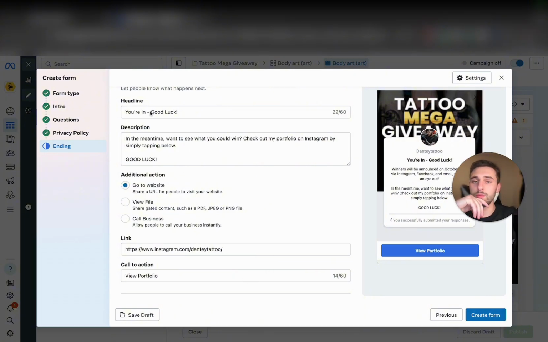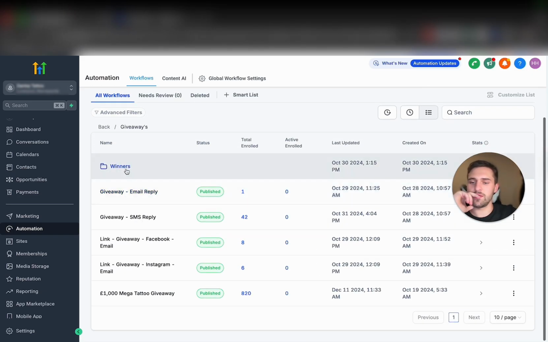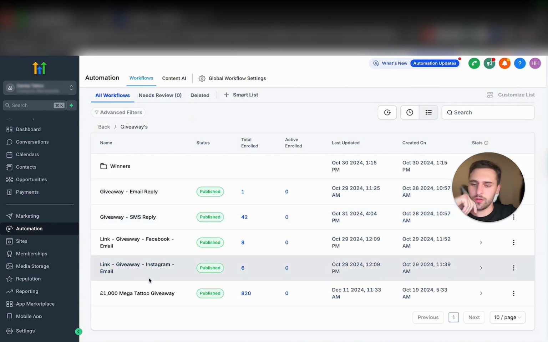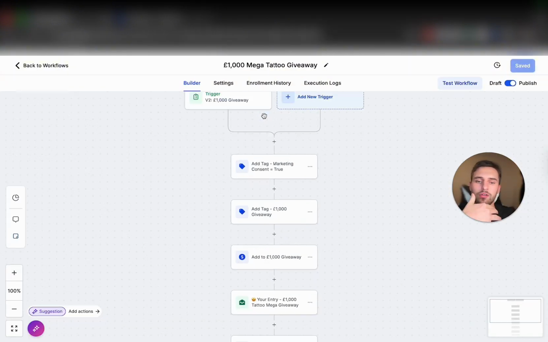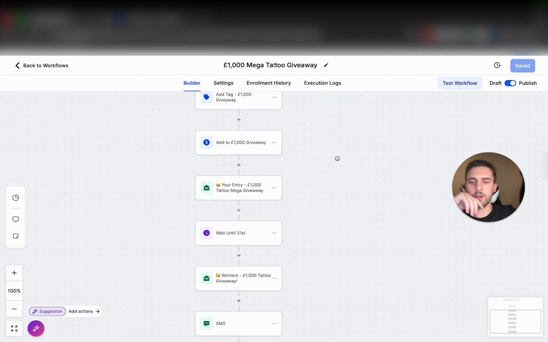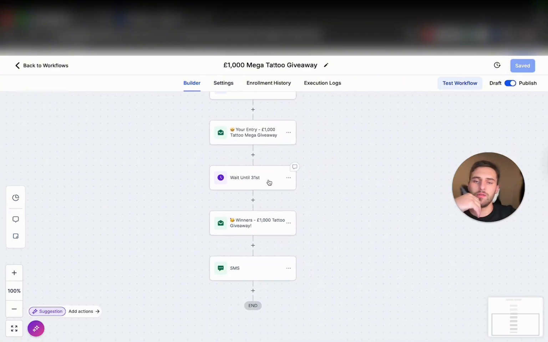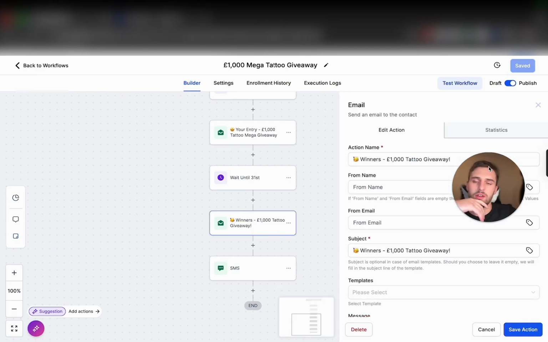Now once these leads have opted in, they get entered into a CRM here. So if I come into the giveaway, as you can see, I've got the winners, and I've also got the tattoo mega giveaway. So as soon as people enter their contact information, they'll come in through this form here. We'll scroll down, and they'll get sent an email which just says, congratulations, you've entered the giveaway, and then it will wait until the giveaway date. It will then send another email which announces the winners, and this email gets sent to all the losers,